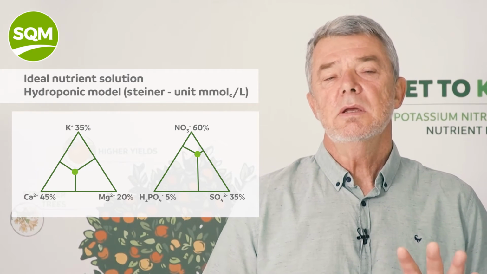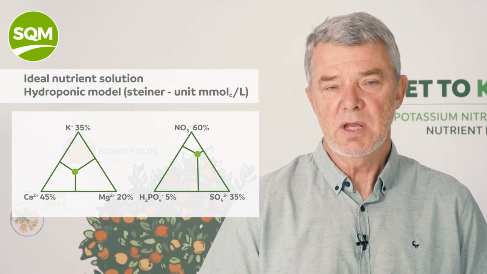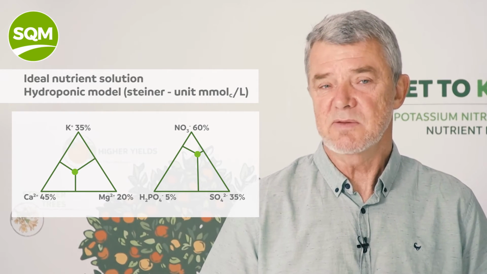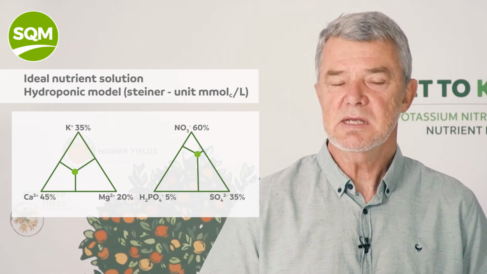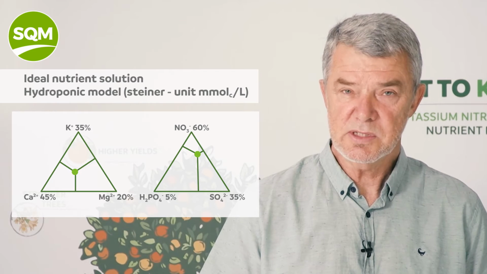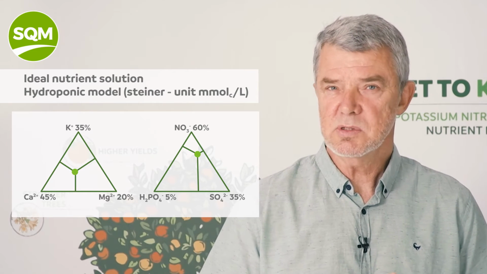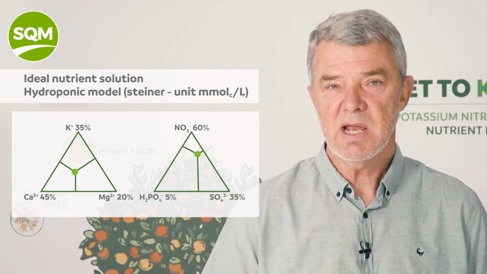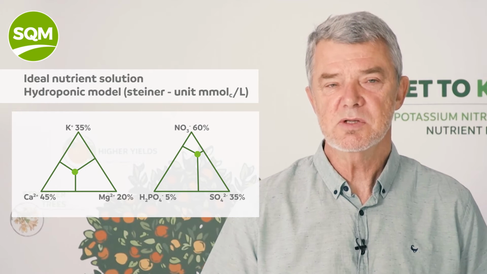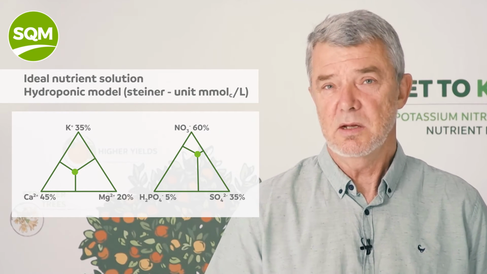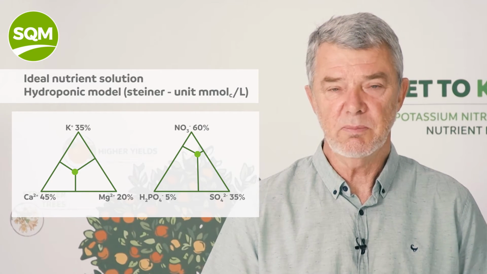You can see on the left-hand triangle, we have potassium, calcium, and magnesium, as I've said. But if we introduce excess amounts of ammonium, which is also a cation, or sodium, which is also a cation, it will disturb that balance. And that's the concept of useless salts. And they compete with the cations that are really important for plant growth.